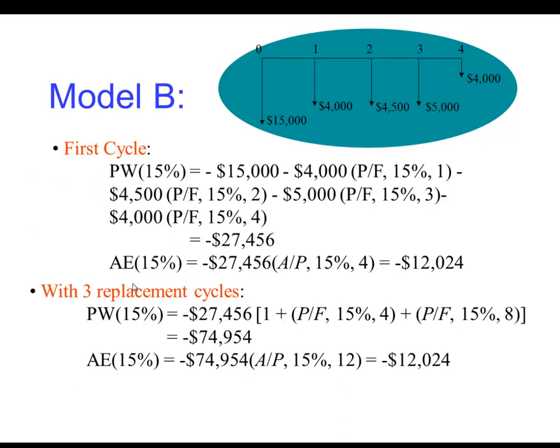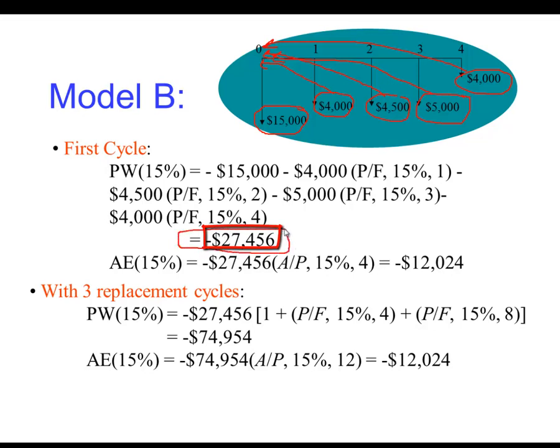Now let's work on model B. For the second model, for the first cycle we bring all the values again back to 0. So we have the 15,000, which is at 0. We bring the 4,000 to 0, and we bring the 4,500 to 0. We bring the 5,000 to 0, and then we bring the 4,000 to 0. Now notice that we have n equal to 4, while in the first model we have n equal to 3. Knowing that, we calculate the present worth with 15%, and that will equal